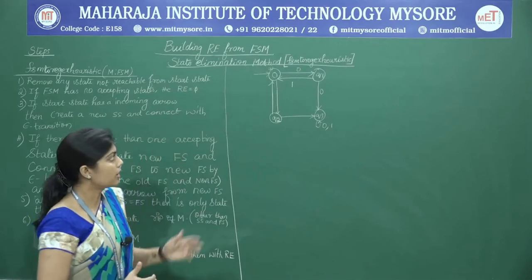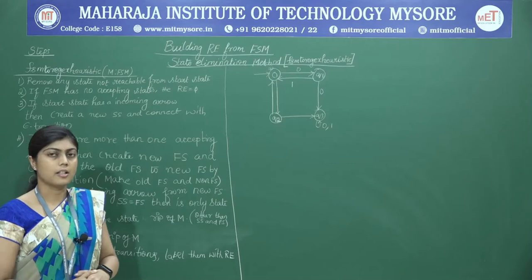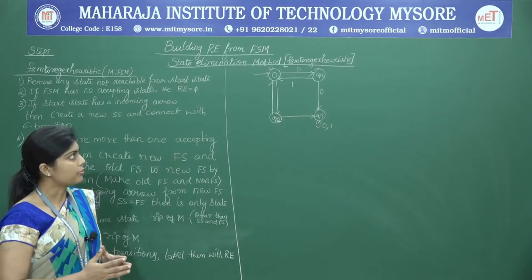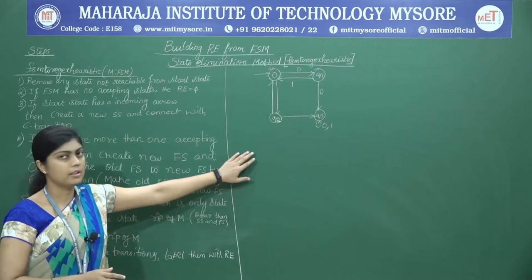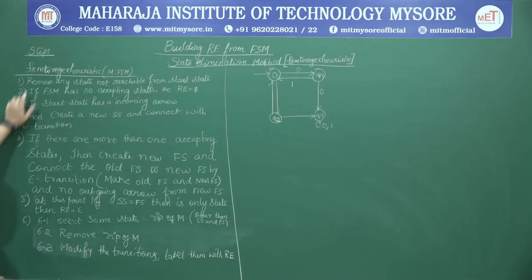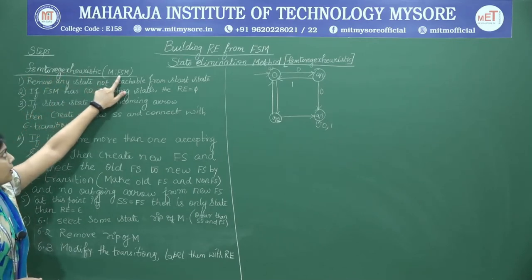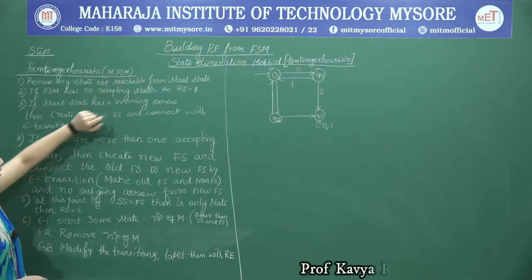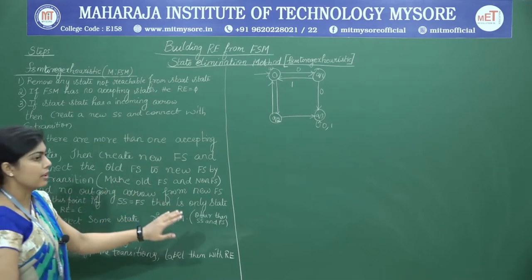So an automata is given to you. From this automata we have to develop the regular expression. This regular expression should match the set of strings that have to be accepted by the DFA. So we have an algorithm, FSM to regular expression heuristic, where M is represented by the FSM. We will see the different steps, and we will have to follow the same steps in order to make the conversion.